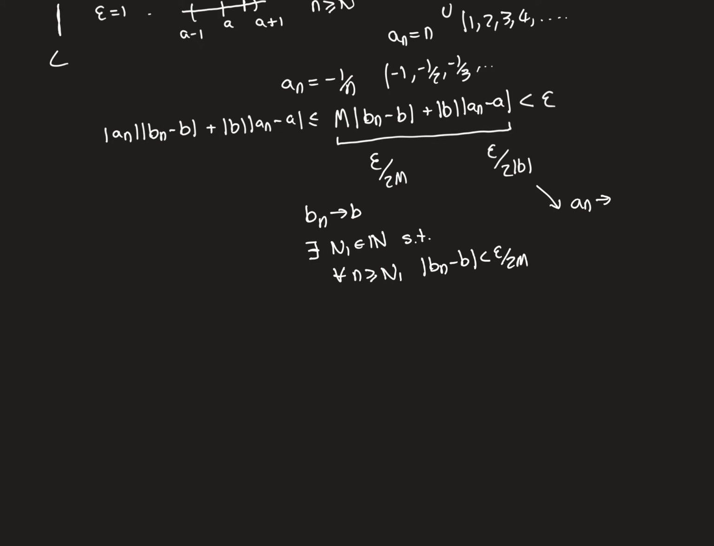because An converges to A, there will exist some big N2 is an element of the natural numbers such that for all little n greater than or equal to N2, mod of An minus A is less than epsilon over 2 mod B. Then all you're going to do is make the real big N equal to the maximum of,